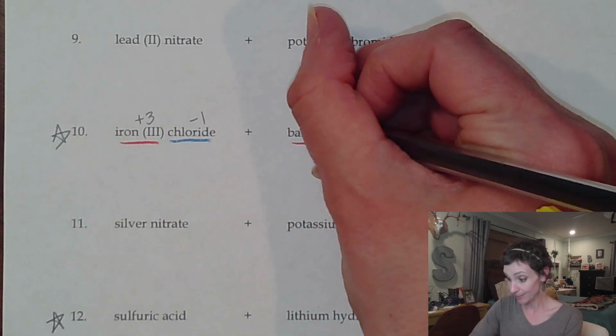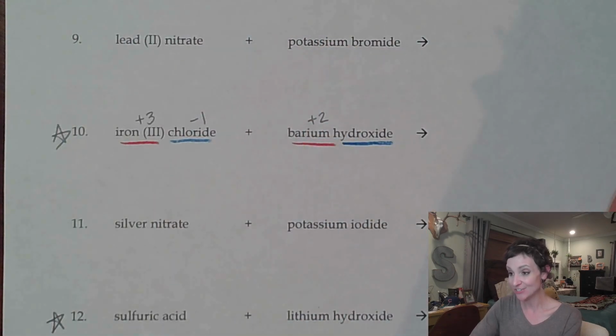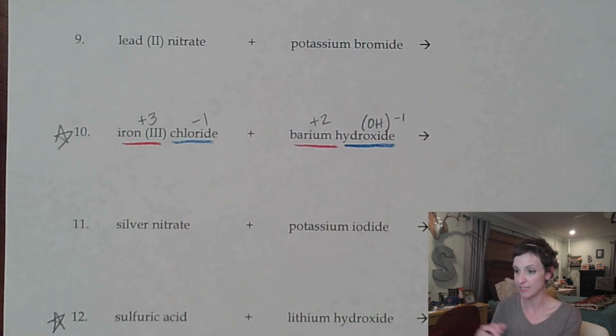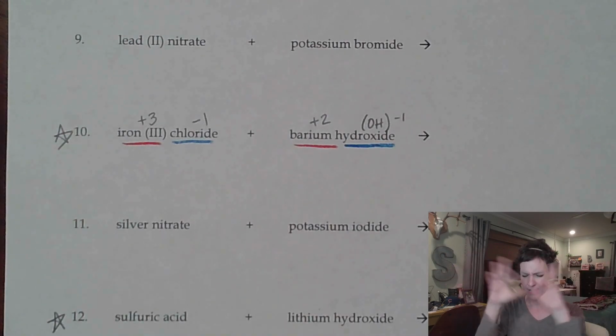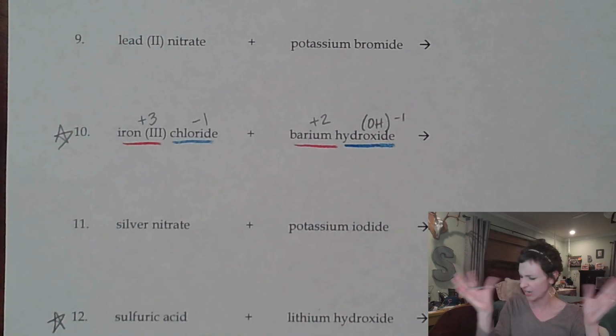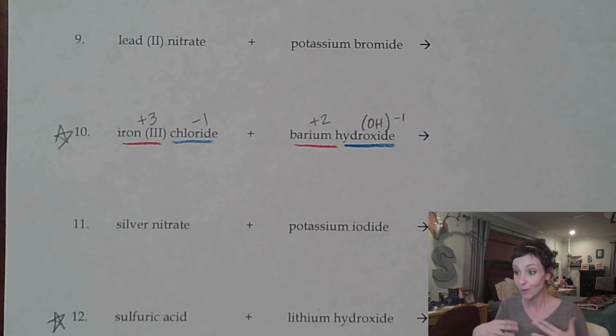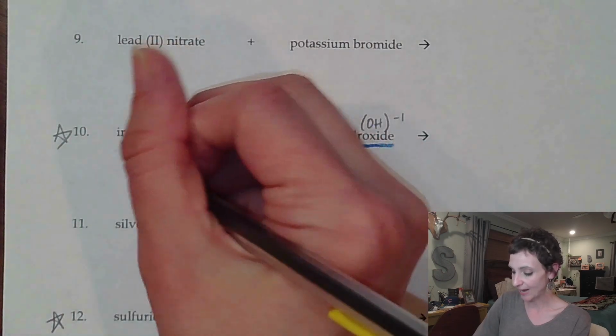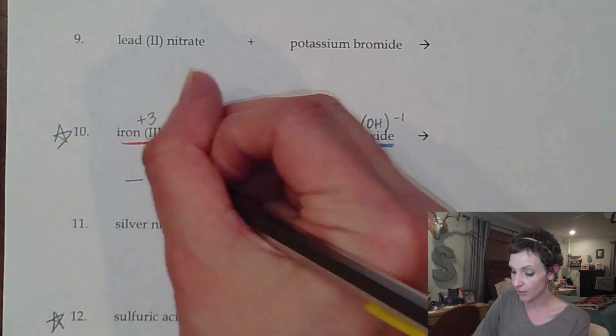Barium is plain old barium again. He's got a +2 charge. And hydroxide is a polyatomic ion. He is OH with a -1. So I have all my players here. I know their charges, so when I make all their couples, I can real easily see what it is that I'm assembling here. So iron 3 chloride, the formula for iron 3 chloride is going to be